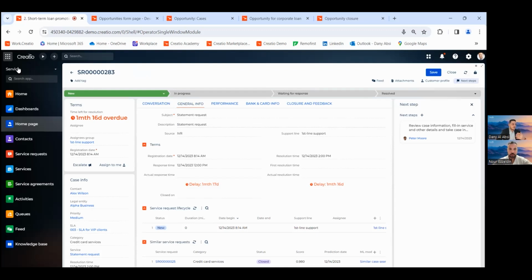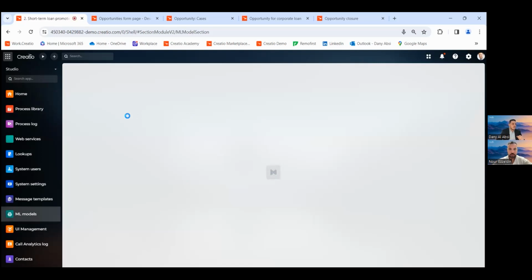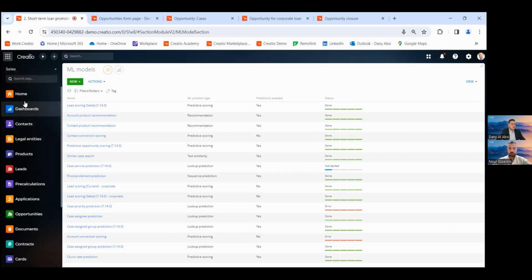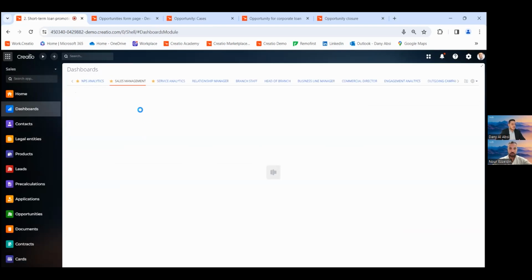And in order to see what types of machine learning models we have, it will be very clear how we can define them. For example, we have multiple types of machine learning models like lookup prediction, recommendation, predictive scoring, numeric prediction, and text similarity. We can define this machine learning model and train the system to know exactly how to react if any of these conditions are satisfied, and then automatically the system will be capable enough to suggest or recommend some actions